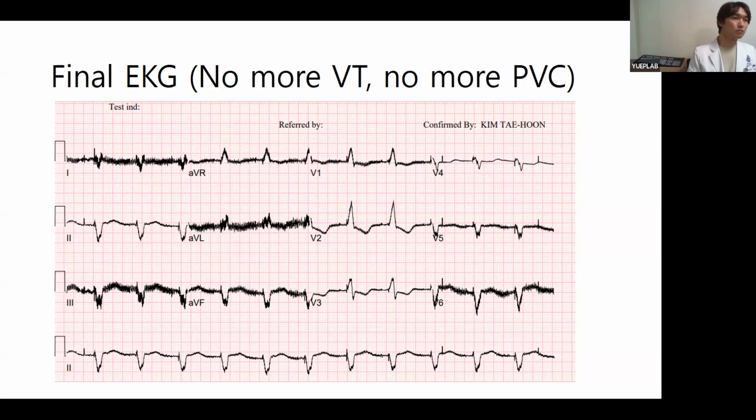Just go to BiV CRT-D. But if the patient's electrical dyssynchrony is very severe and the intraventricular conduction delay is very long,